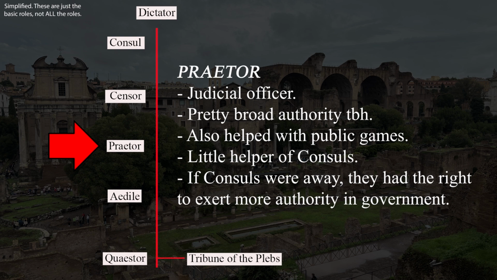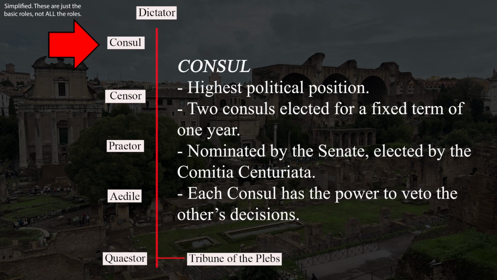And they were technically, I guess you could call them, deputies to the consuls. So they directly spoke to the consuls and they worked with the consuls. And the consuls, as top dogs in Rome, this was the most prestigious position that you could get to. The 2 consuls were elected by the Romans, which again we'll get into exactly how they were elected in a second, for a 1-year fixed term.